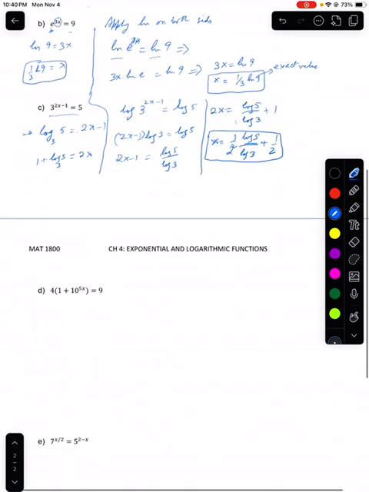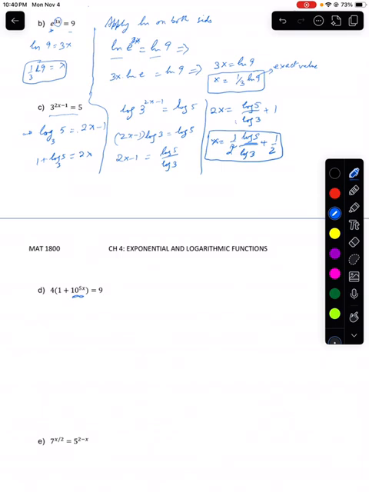Okay, looking at the next example, can you see now here this exponential term is not isolated, so we can do it in two different ways. So this 4 is outside this whole thing, so we can divide by 4 on both sides, and we get 1 plus 10 raised to the power 5x equals 9 over 4. So then I subtract 1 from both sides, so I get 10 to the 5x equals 9 over 4 minus